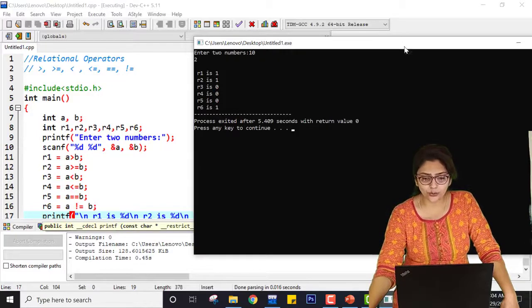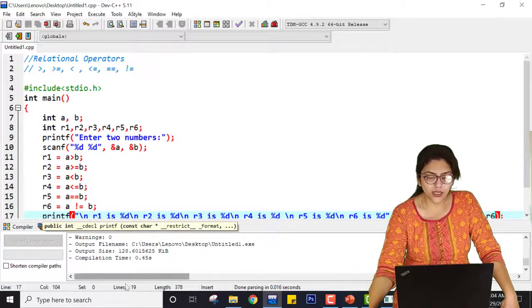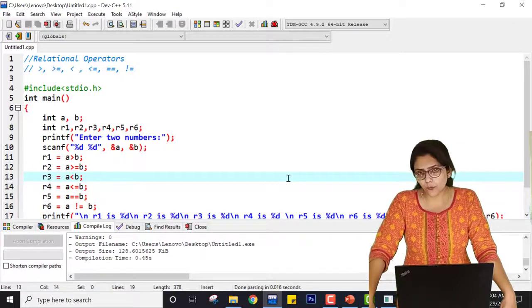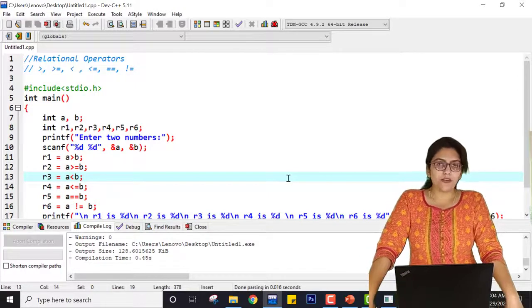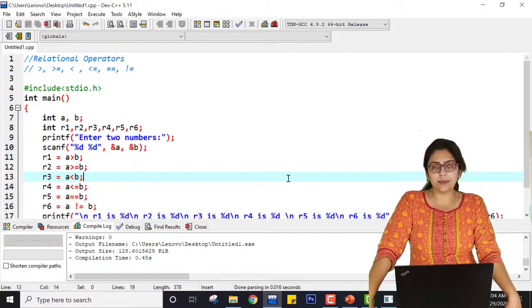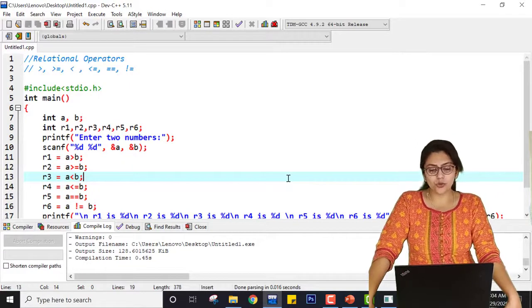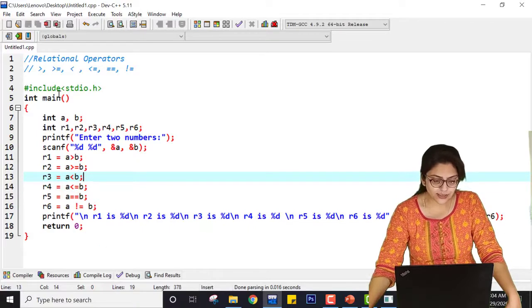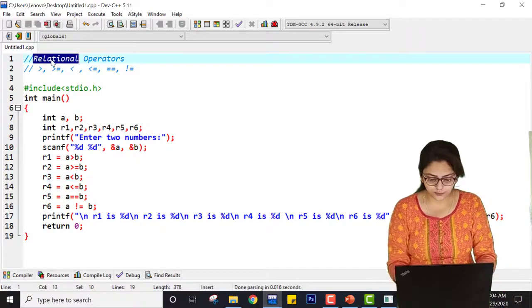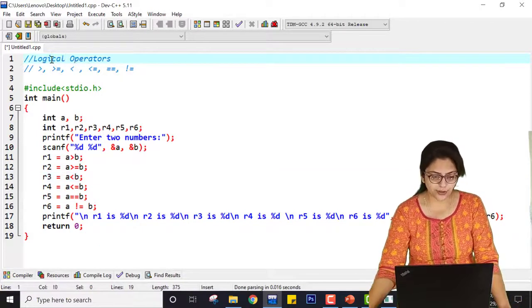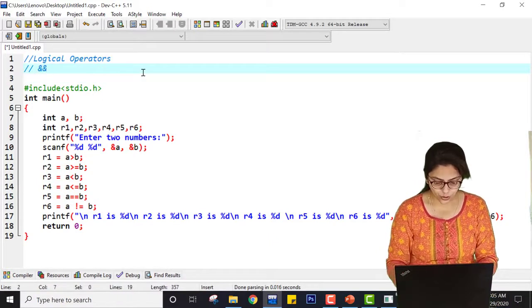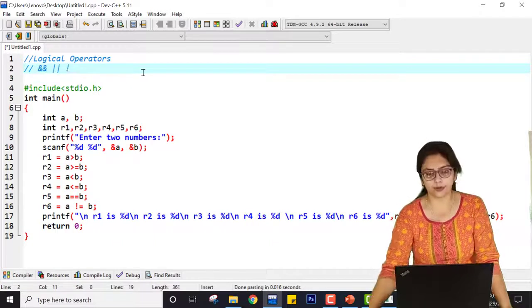See, no one is going to ask you the result of a relational operator, but relational operators are used so frequently in the if-else statement, that is the conditional statement, and in looping structures. So I hope you understand this concept. Now, last but not the least, I am going to cover the logical operators, which are nothing but AND, OR and NOT operators.